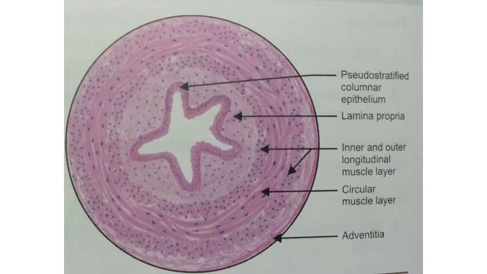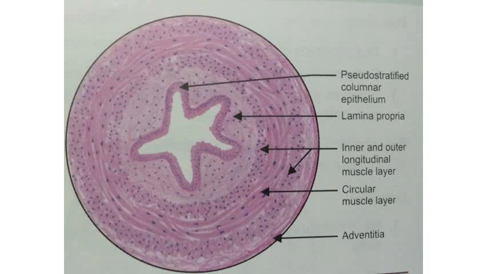So this is how you are going to draw the diagram. First of all, the lumen should be star-shaped. It has the epithelium of pseudostratified columnar epithelium with few stereocilia. Then you will have to draw the lamina propria with loose connective tissue, nuclei of the fibroblasts, blood vessels and nerves. There is no submucosa in vas deferens, only mucosa and muscularis externa. So in the muscularis externa, you will draw inner longitudinal, middle circular and outer longitudinal layers of the smooth muscle.